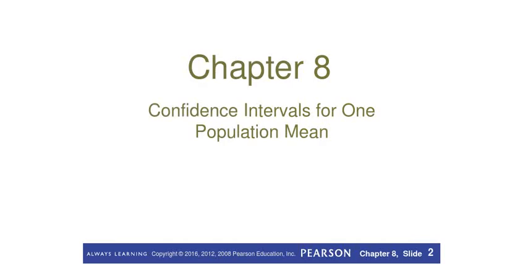So in Chapter 8, we'll talk about what a confidence interval is and how that's going to help us determine some information about what's true about a population given a sample taken from that population. Remember that one of the questions that we asked at the beginning of this course was whether or not it was possible for us to take a small sample and infer something about that entire population. And this seems like a very counterintuitive thing.